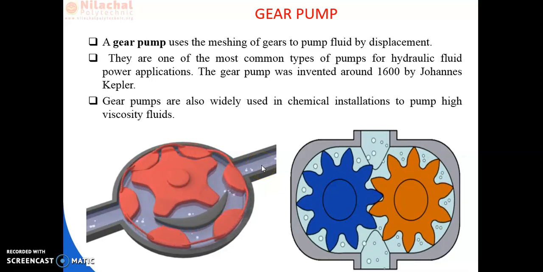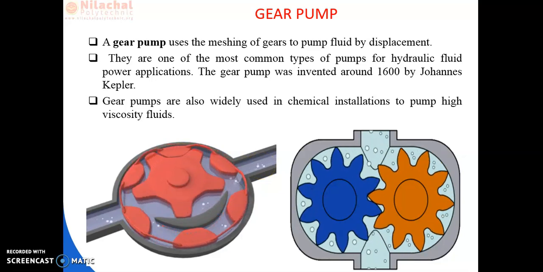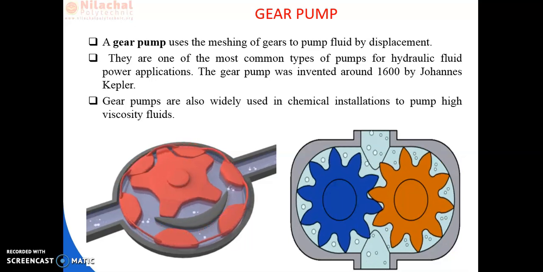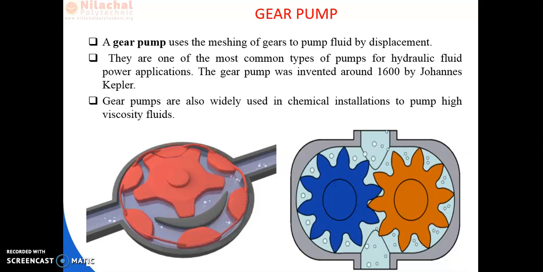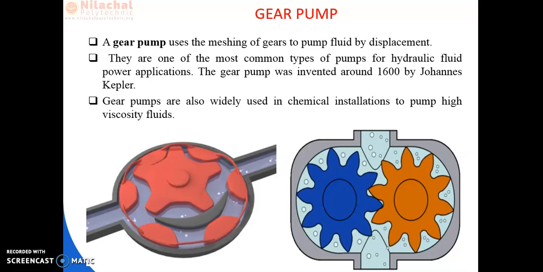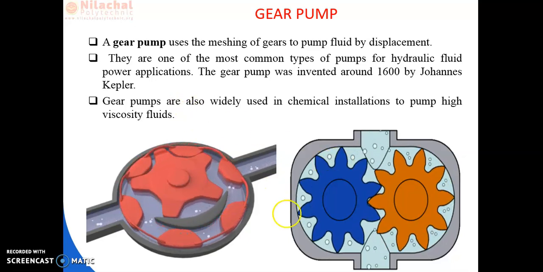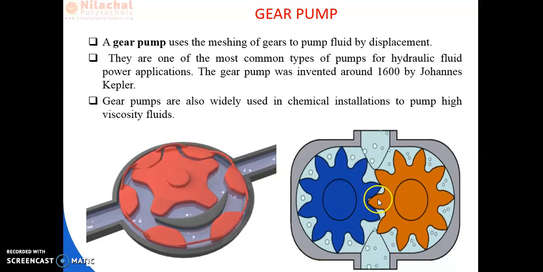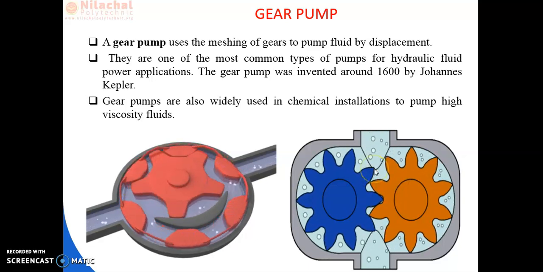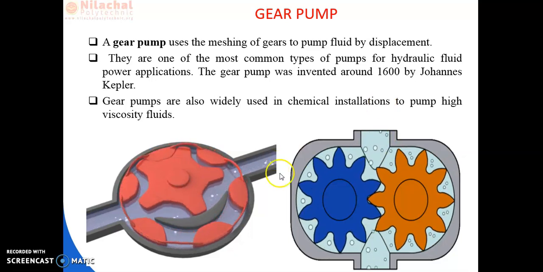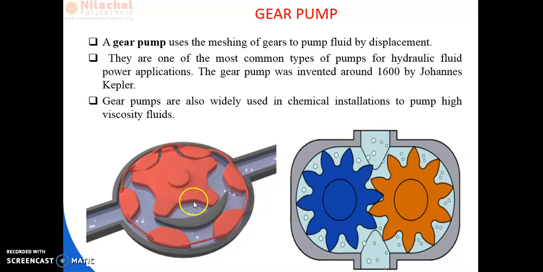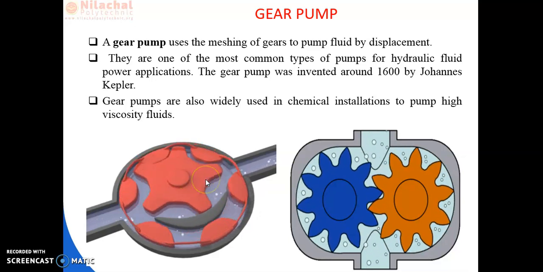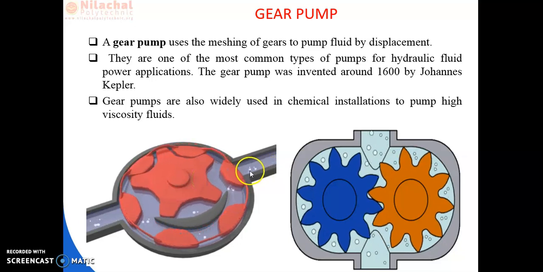In the case of a gear pump, we have to remember that the clearance between two teeth of the gear provides the amount of liquid which is moving from inlet to outlet. We have seen that this is the clearance space, and this clearance space is the amount of oil that is pressurized at the outlet. This is the clearance surface which allows the amount of liquid to be delivered at the outlet.